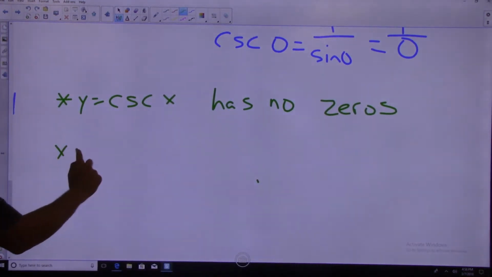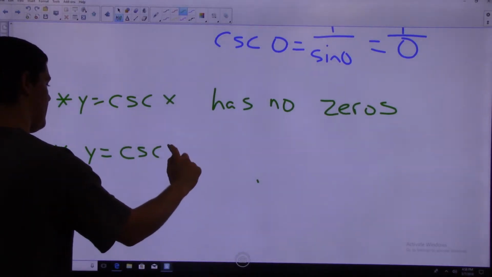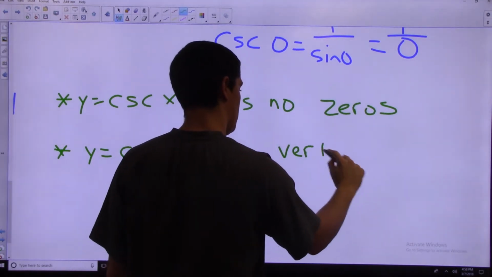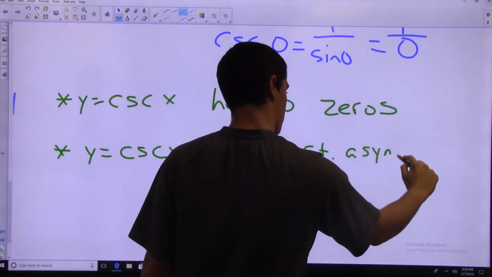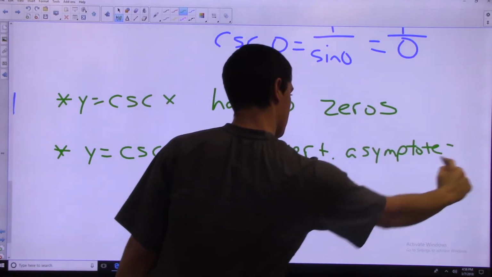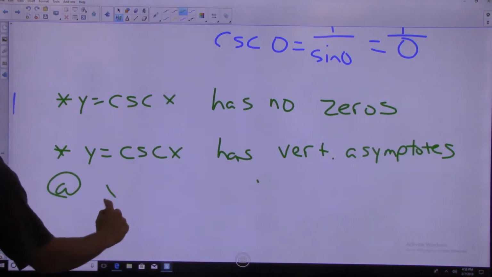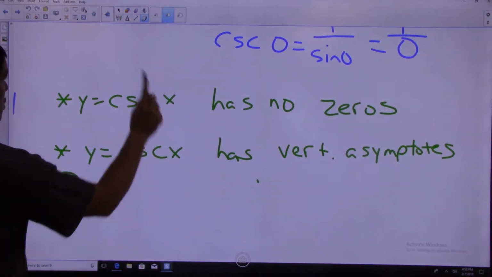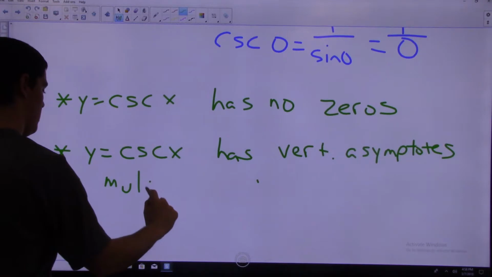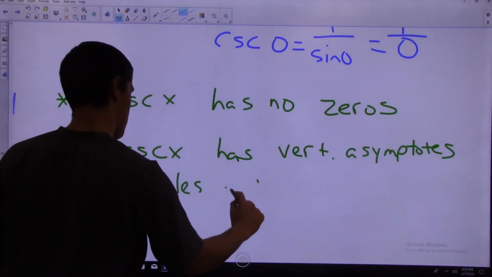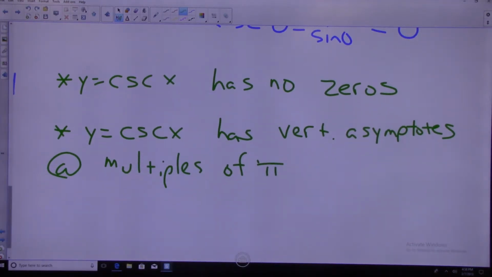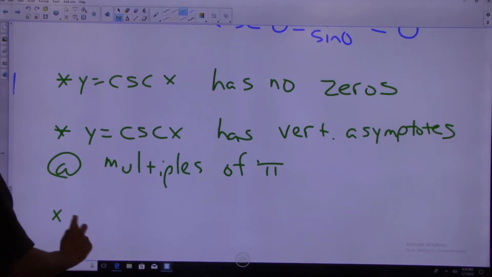Y equals cosecant x has vertical asymptotes at multiples of pi. That's vertical asymptotes at multiples of pi. And then the last thing I want to mention with cosecant, the period